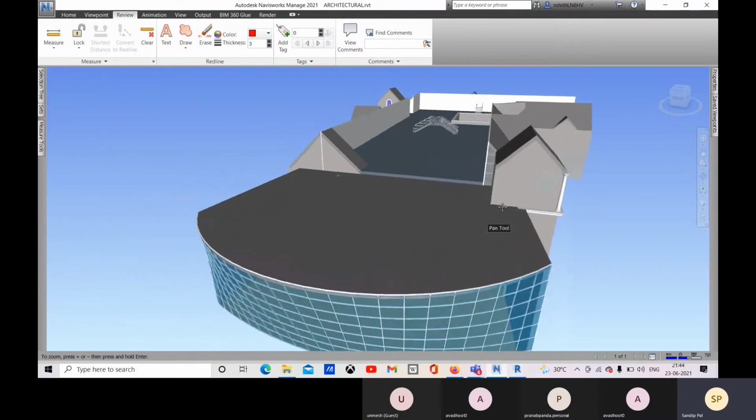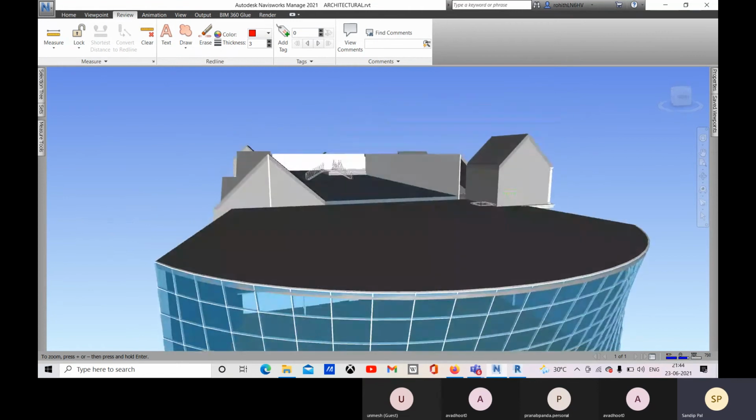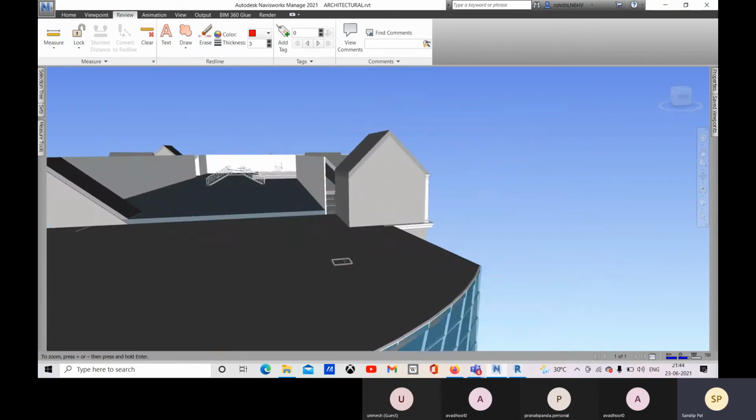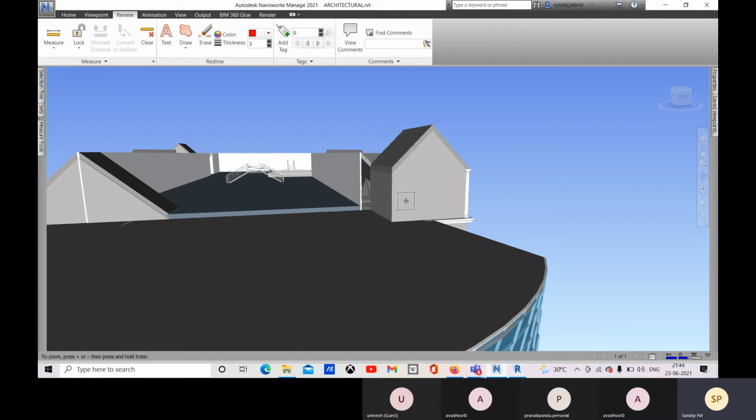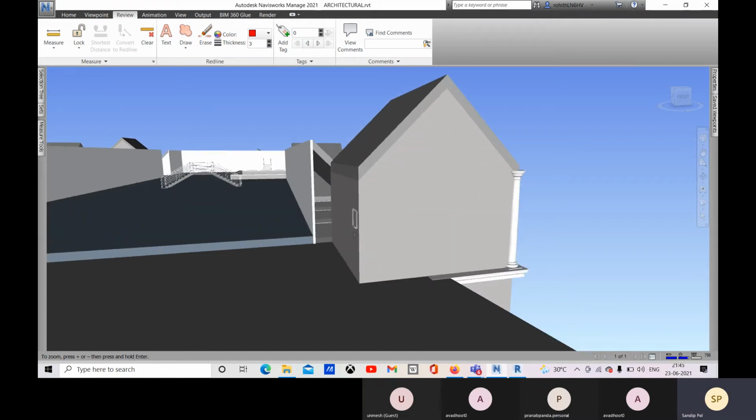So here you can see that I have selected the point to point option, and then you can see that my mouse is adapting as per the surface, and this box is adapting as per the surface. My mouse pointer is placed on the surface, and it's adapting. So let me go from this point to this point here. Suppose you want to increase or decrease this.